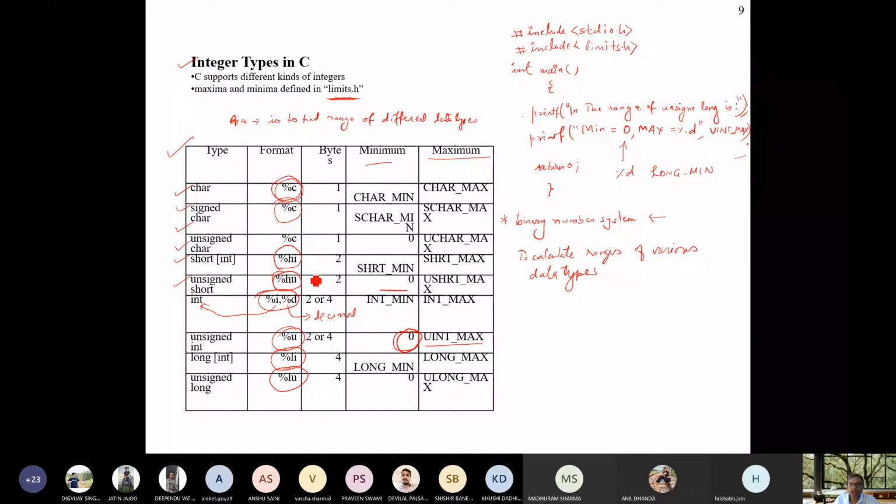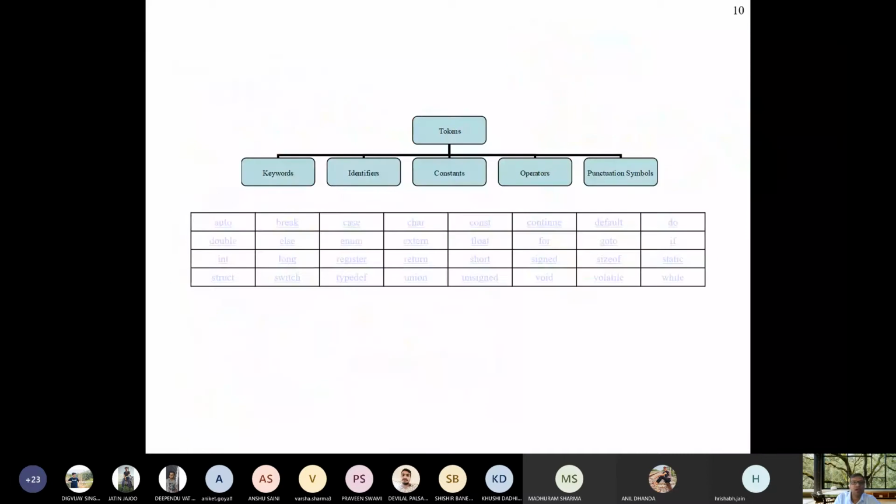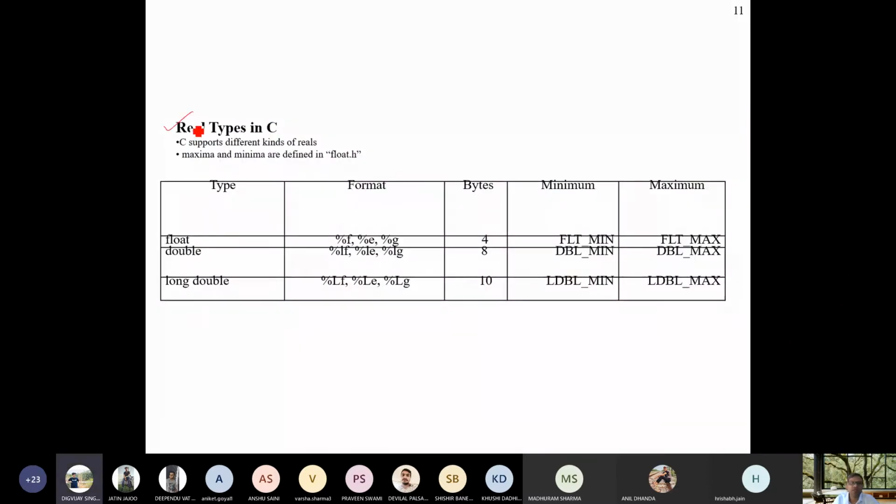Now you can ask the question that you have solved for unsigned long and here you have written %d. Why? Because %d is the size of this, it is not the range actually. This is very important. Here you need to write %lu, otherwise it will give you a wrong answer. Whatever format is given, you just need to write here and show me your output. Now come to the second real type.